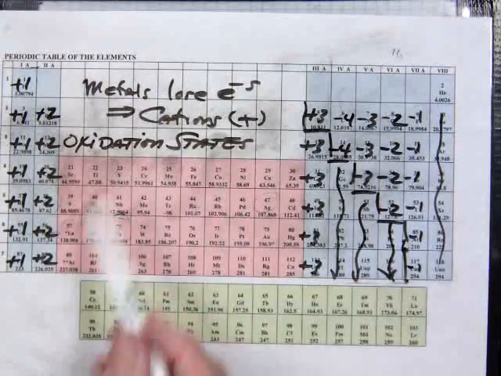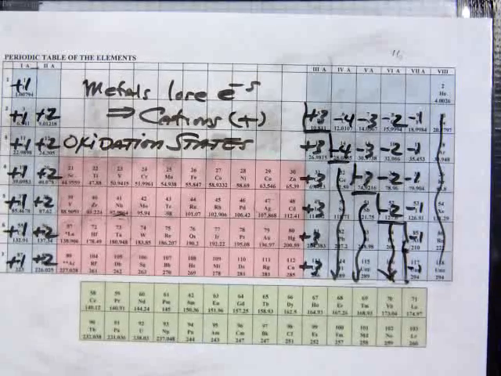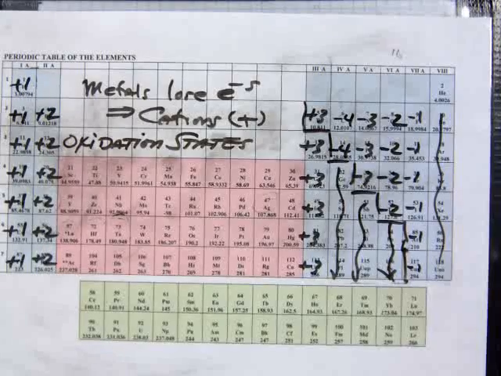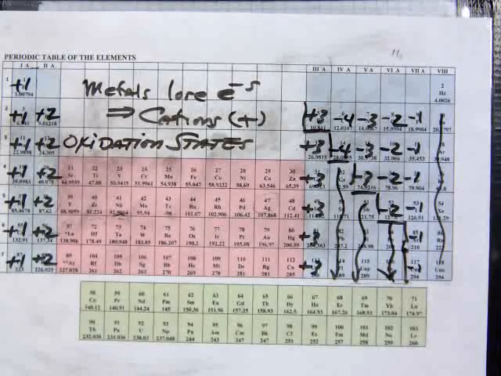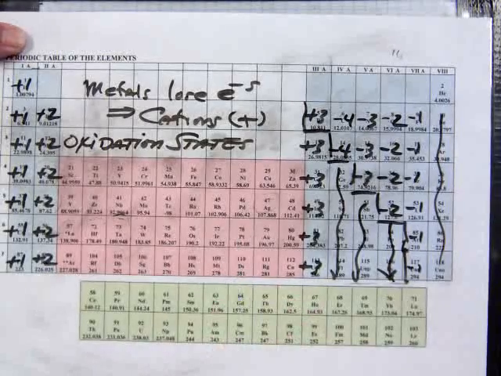Now, in the transition collection and the inner transition collections, some are fixed charge oxidation states and some are variable charge oxidation states. There is a pattern in here that I want you to follow to help you remember what these are. When we talk about fixed charge oxidation states, the elements I'm about to show you do not change regardless of where they go. Okay? The place you need to start here is